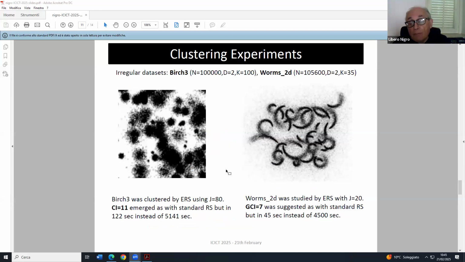But what is most important is the internal structure of clusters, which is very difficult to handle both in BIRCH and also in the worms 2D, two-dimensional. Now, in this case, we used the 80 solutions in the population, and it emerged that